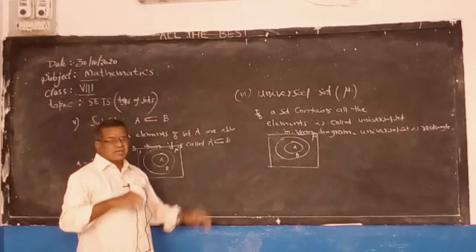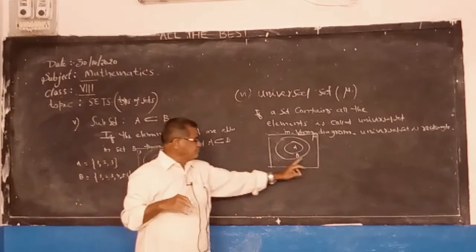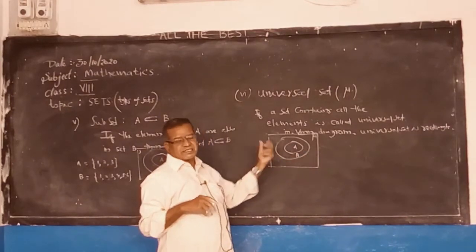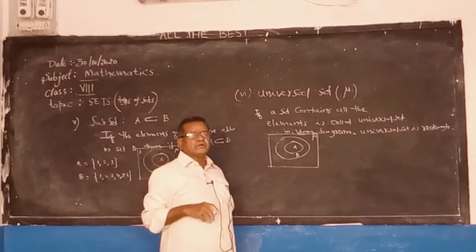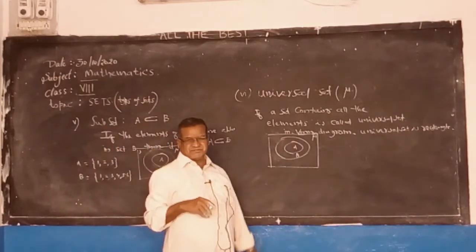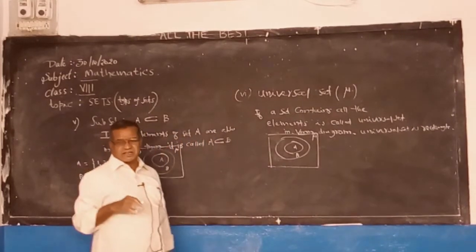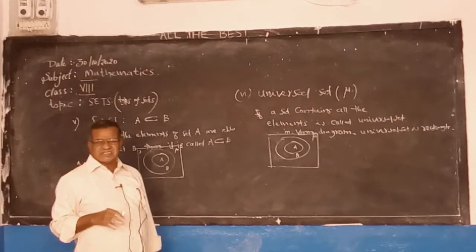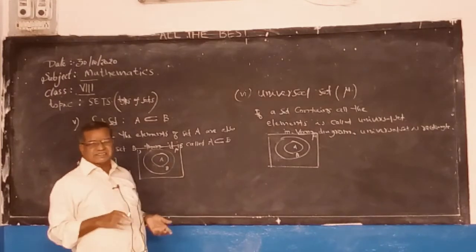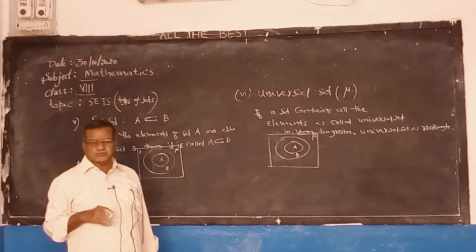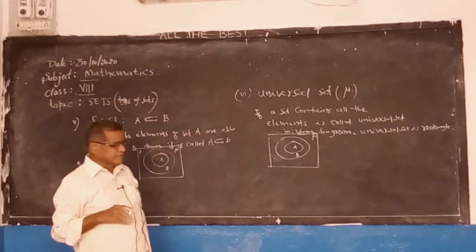What does universal mean? Total. The whole rectangle. When I show this Venn diagram, you can easily understand. The whole rectangle belongs to the universal set, and whatever is in the rectangle are subsets. When we speak about the country India, it has so many states. States are subsets, but the whole rectangle is universal. Country India, we are Indians. That is the meaning of universal set.